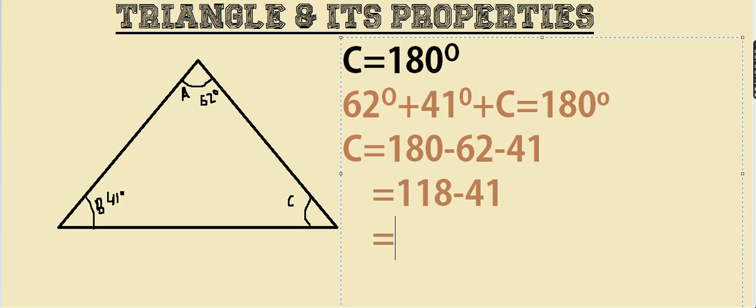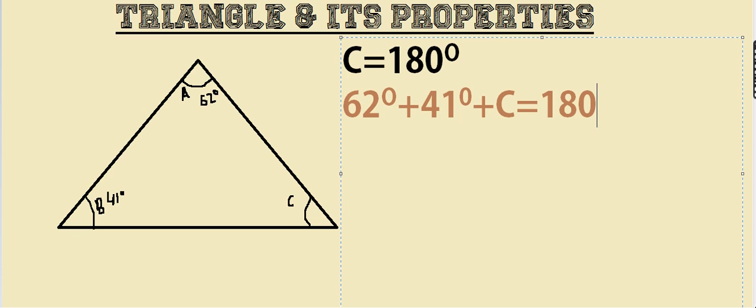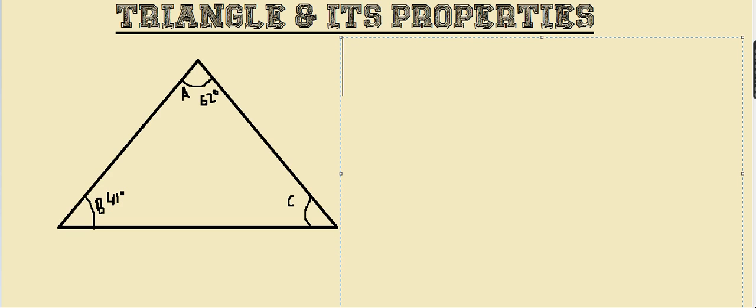This is very simple. Let's do another property of triangle, that is called exterior angle. Now what do we mean by the word exterior? Exterior means outside. Now in this triangle I will let the figure as it is and I will extend the line of the base, and I will erase the A, B, C alphabets from there.